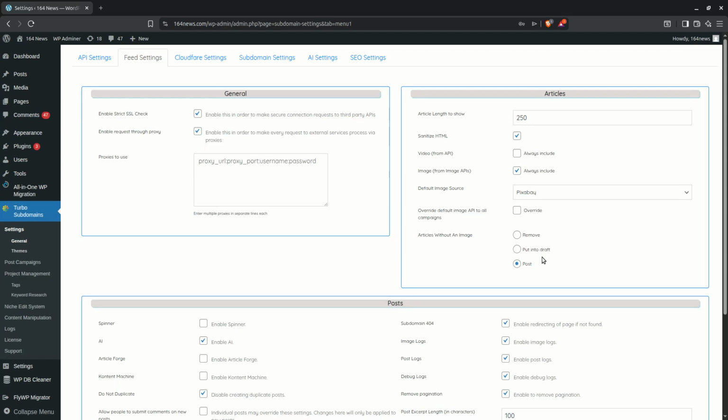Second, draft. It will save the article as a draft, allowing you to work on it manually and add an image later. And third, post without image. The system will publish the article even without an image. If the always include image checkbox is unchecked, the system will publish articles regardless of whether an image is present or not. The default image source function allows you to select which image source should be used for all upcoming